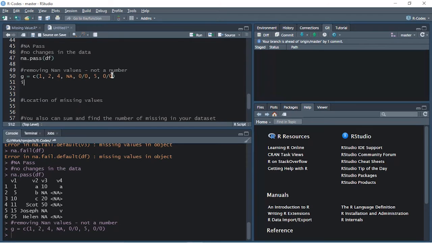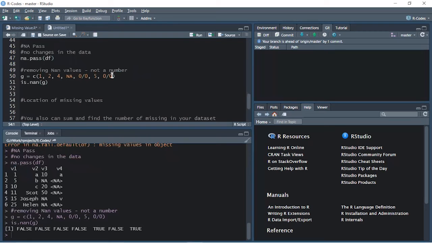So I'll say is.nan, and I'll provide this variable. So wherever there is a NaN, it has resulted in TRUE. It has given the Boolean value TRUE wherever there is NaN.